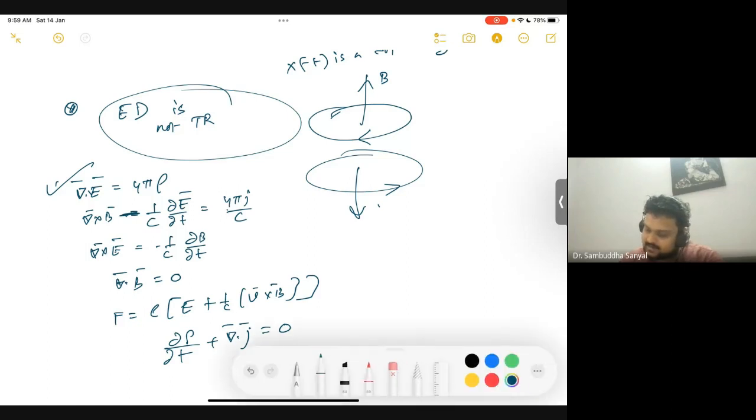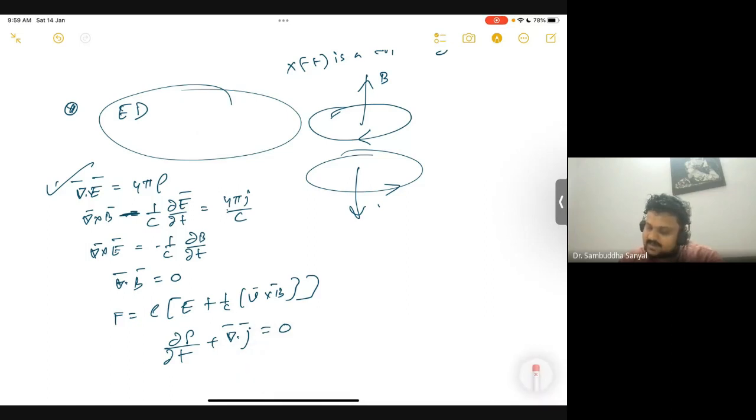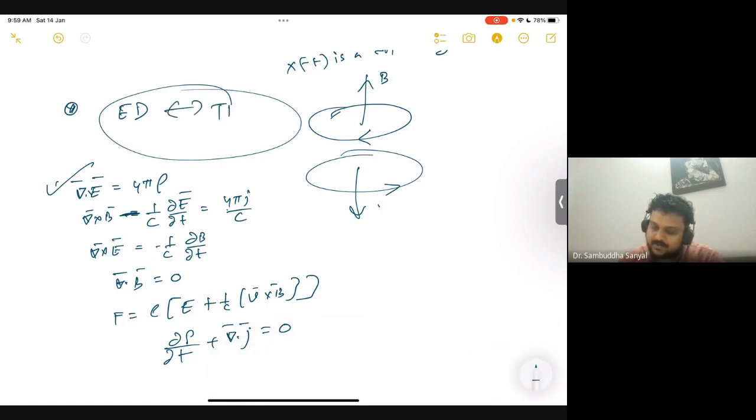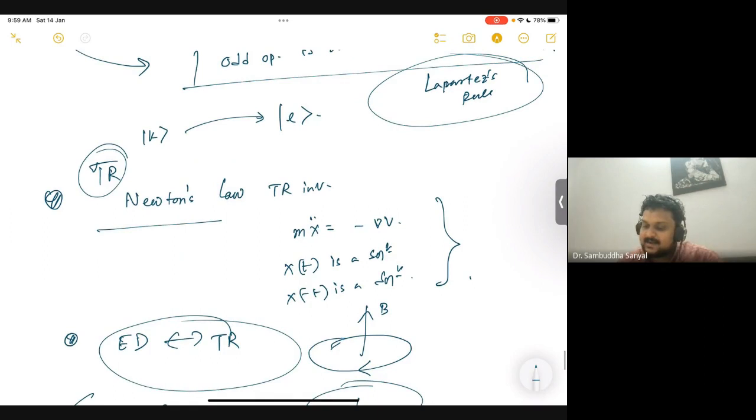Okay, no, I think the statement is not correct. So ED, if you want to keep ED time reversal symmetric, then you have to be careful. You have to take into account the laws of motion. Sorry, this is the wrong statement. The laws of motion, the relations between objects, have to be time reversal symmetric, but the quantities need not be. Okay. So all the ingredients of Newton's law